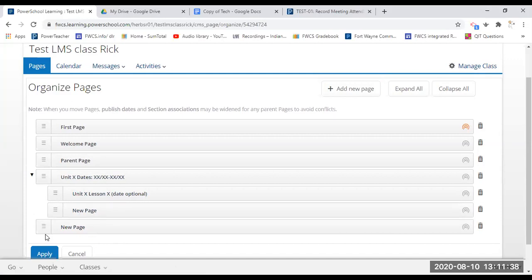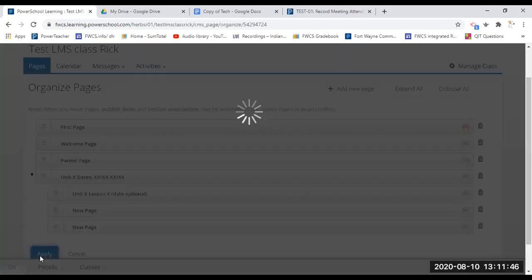You can grab it and slide it over. So then maybe you would name this Unit Lesson or Unit 2, Unit 3. And then when you say apply,